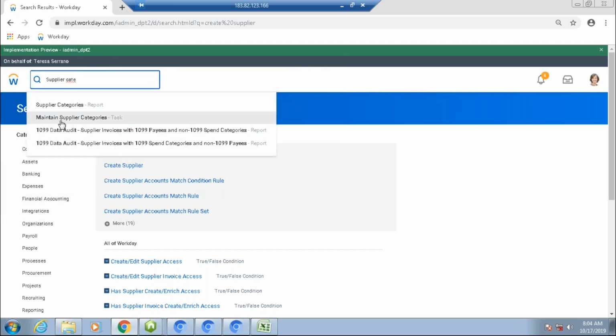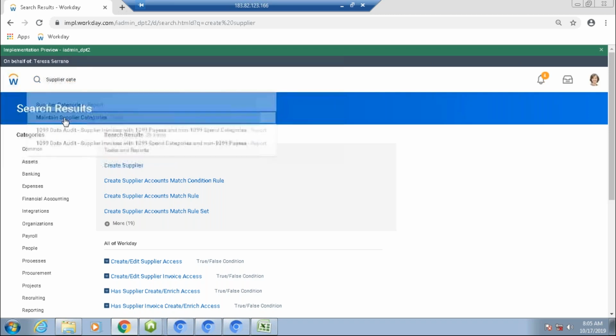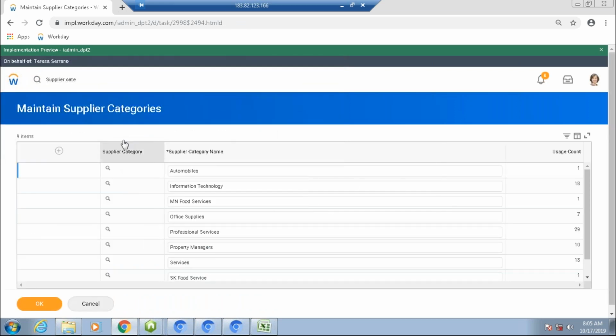Supplier, okay. Instead of create supplier categories, it is now the maintain supplier categories task. Why is it so? Because after a Workday update, this option has been changed. Initially it was create supplier categories, now maintain supplier categories. Click on maintain supplier categories and add one more: